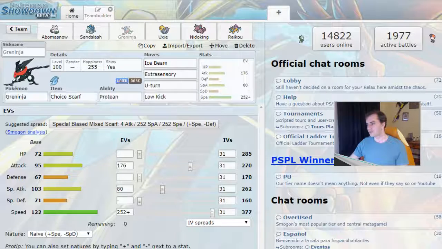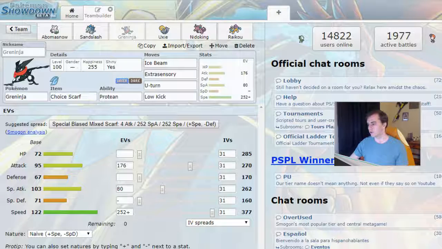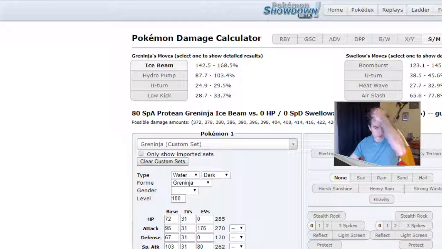Now, to be honest, I did not account for Brave Bird Swellow. But I mean, all the suggested sets are special for Boomburst. Well, if he's Guts, he's got to be Flame Orb, and then he won't outspeed me. But let's assume he's Jolly with Brave Bird,